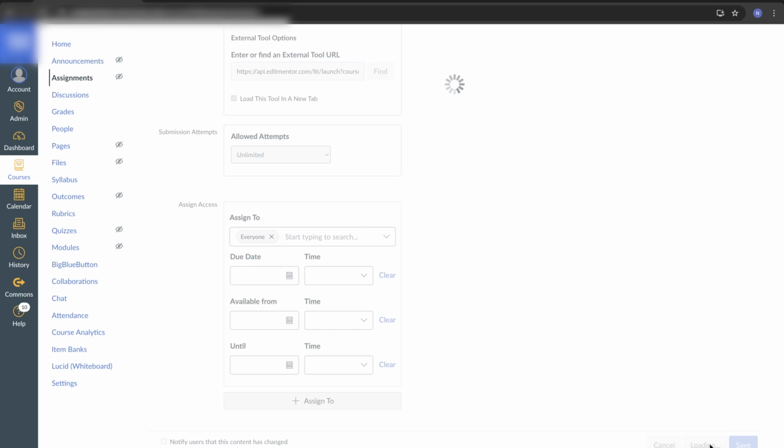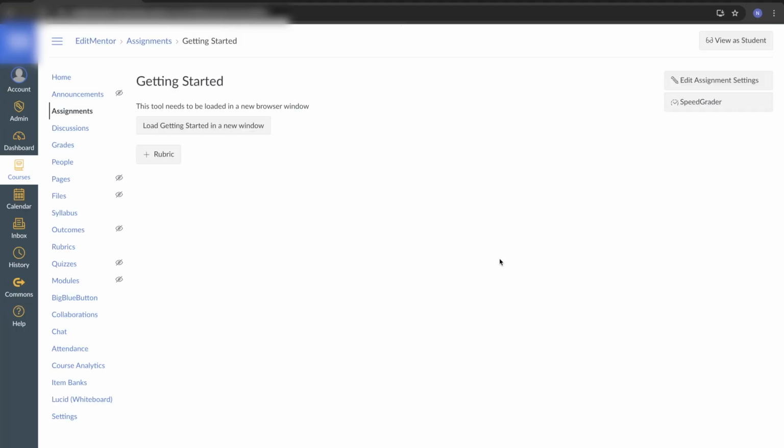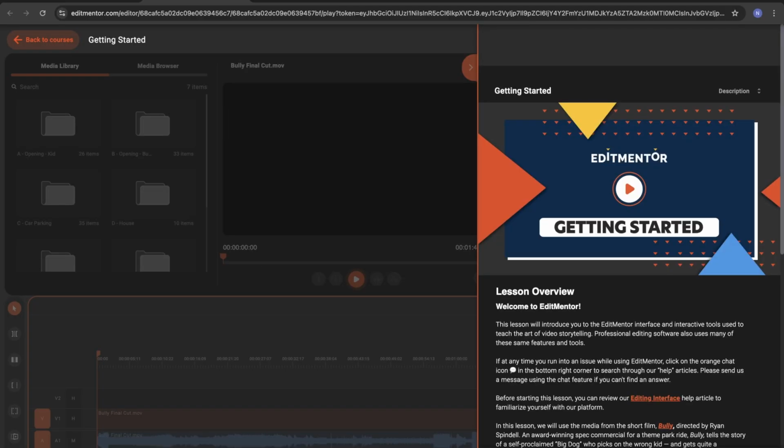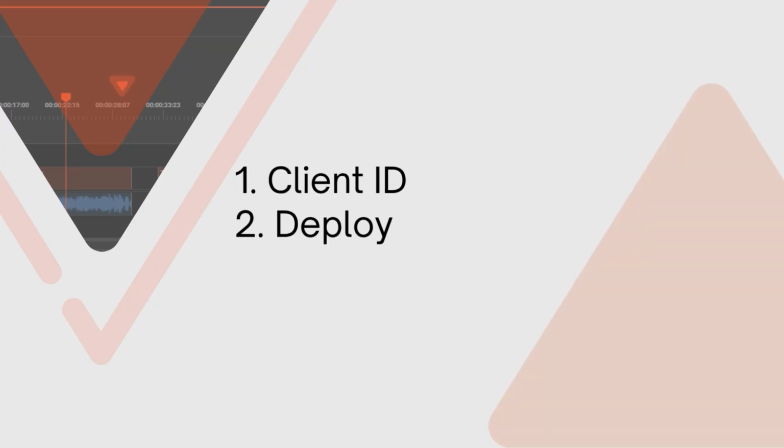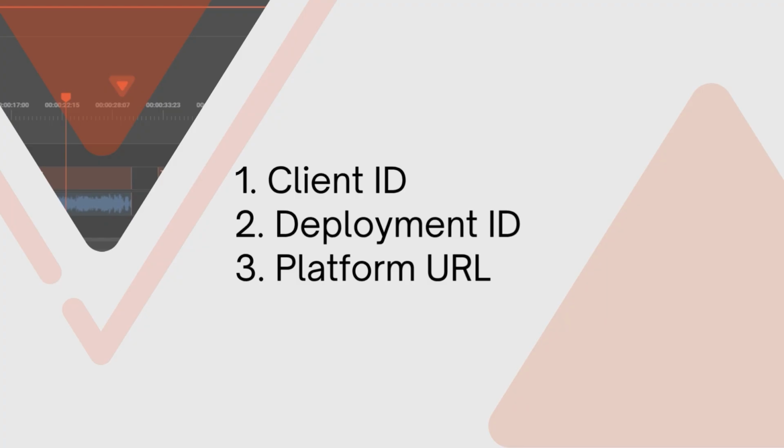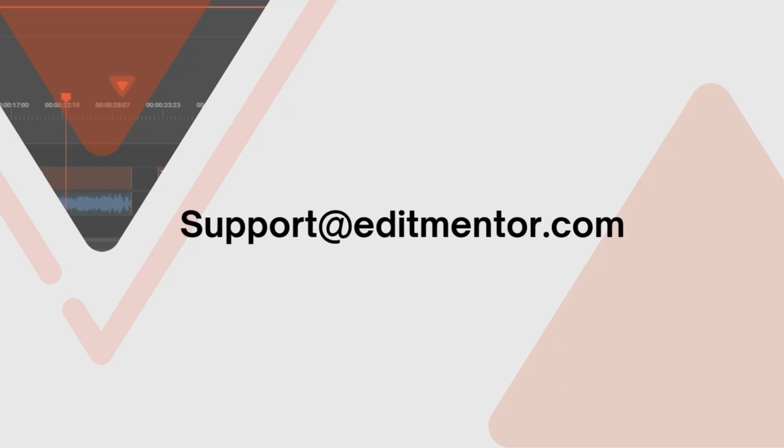This workflow ensures your EditMentor assignments are easily available within Canvas and accessible to all students. At the end of the setup, the following 3 pieces of information must be sent to EditMentor's team to complete the activation: the client ID, the deployment ID, and the platform's URL. Please send this info to support@editmentor.com